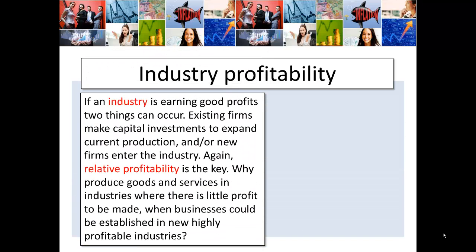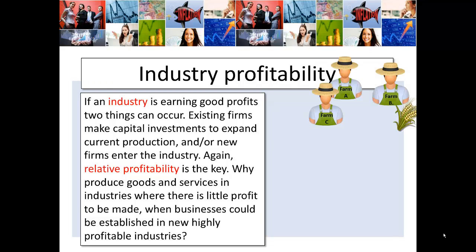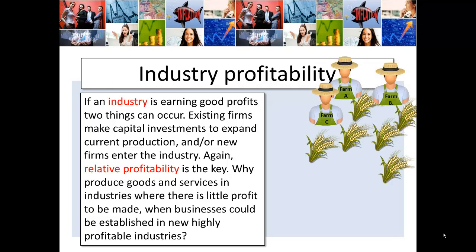The profitability of industry. Remember, being in business is all about profitability. If an industry is earning good profits, two things can happen. Existing firms can expand their production capabilities by making capital investments, and or new firms will enter the market. Again, relative profitability is the key. Why produce goods and services in industries where there's little profit to be made when businesses could be established in new profitable industries? So the market for wheat,